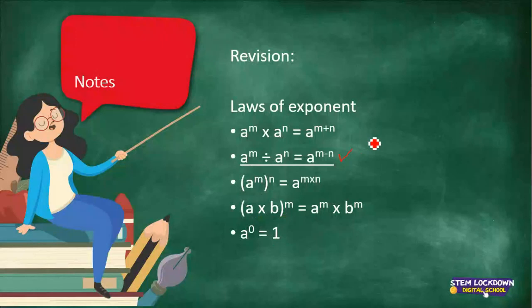For example, let's say my a is equal to 2, my m is equal to 4, and my n is equal to 3. How would I solve this? Where I see a, I'll substitute a by 2. So it will be 2 to the power m, and my m is 4, so 2 to the power 4